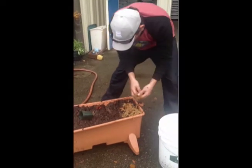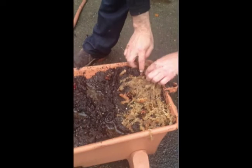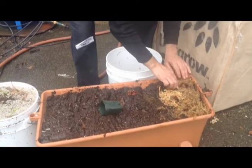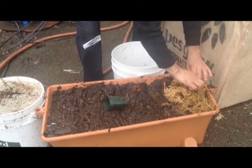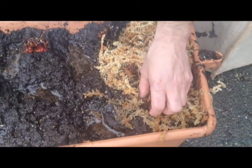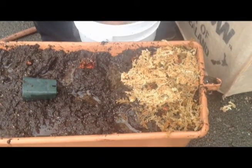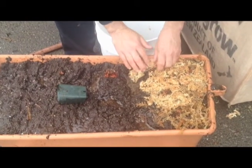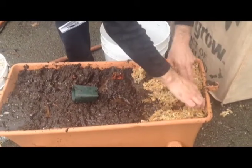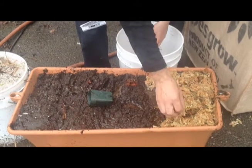So basically I just put a layer of the sphagnum moss on top to cover the peat moss, and make sure that I keep that crown above it. So basically I'll just continue this around the rest of the container till it's all planted with the Sarracenia and then covered with the sphagnum moss, so that there's just the...